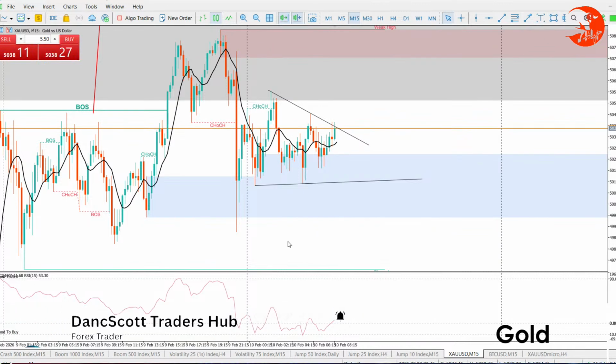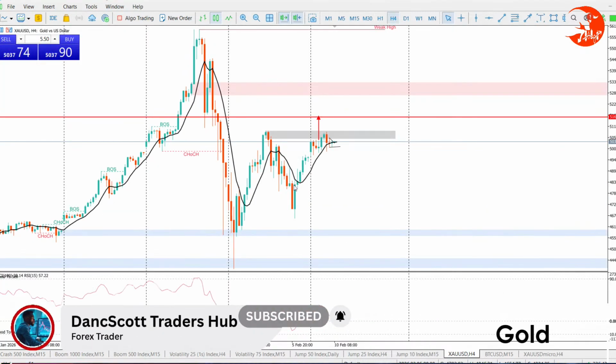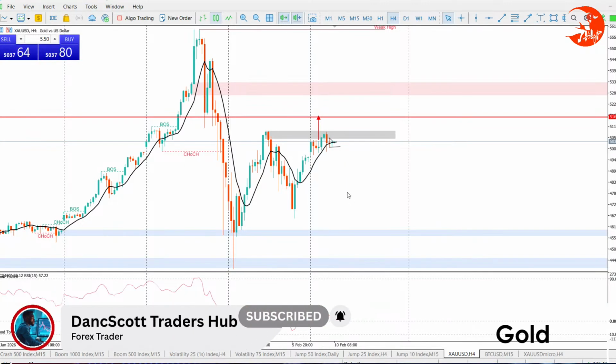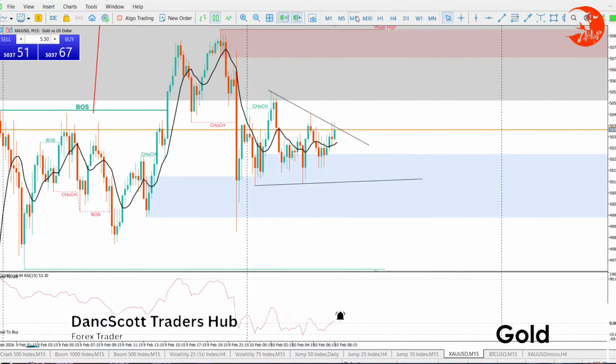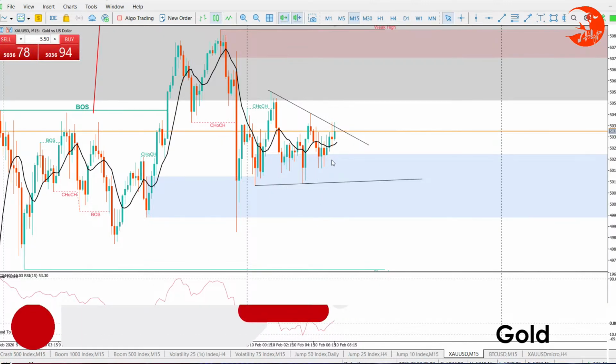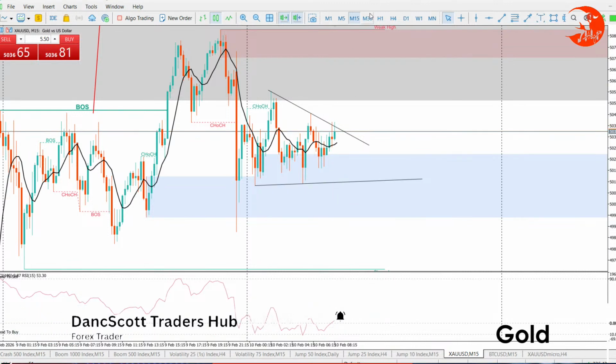So yes, M15 is showing for more sells, but the liquidity that it should be going down to look for, I don't see it. That's what is not making sense for me. It's not making sense why it has to go down again. So that's why I'm skeptical about looking at sells, but yet the structure is showing us sells. That is how weird it is. The structure is showing us sells, but the liquidity to confirm this kind of structure is what I'm not seeing.